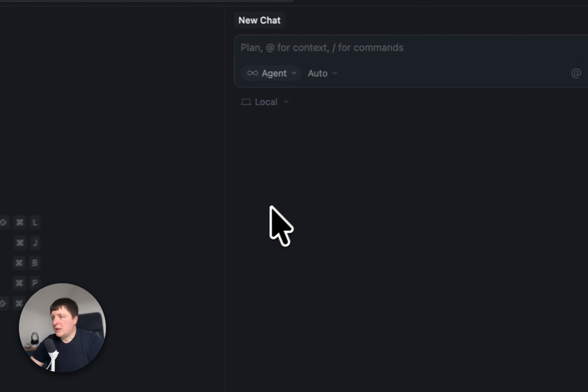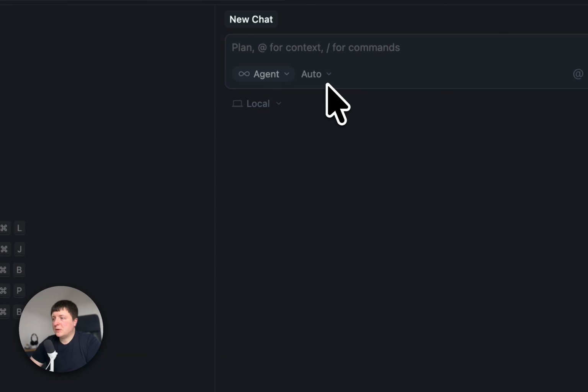Cursor IDE has a lot of AI models available. In this video, I will show you how to select the best model for your needs. Also, I will show you how to run agent in parallel with multiple models, testing them all at once and selecting the best one. Okay, in Cursor to select model, you want to click on Auto and turn on Auto